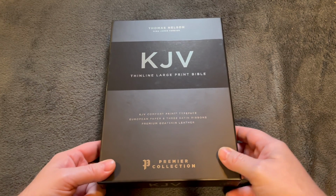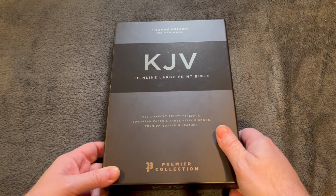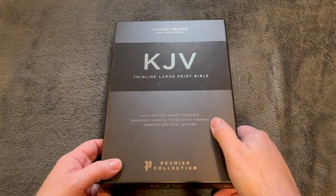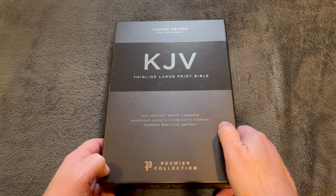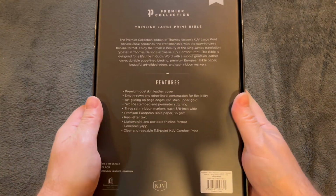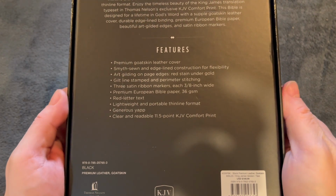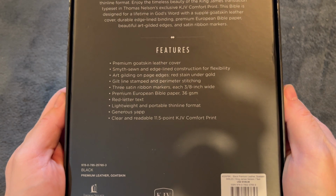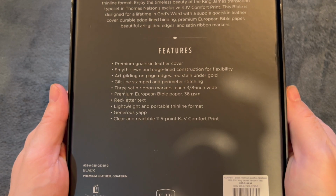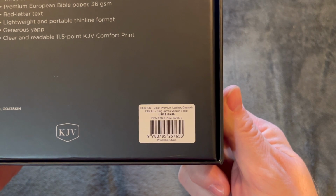It comes in this really nice two-piece box, the KJV Thinline Large Print Bible. It's got the Comfort Print typeface, European paper, 3 satin ribbons, and it's the premium goatskin leather, and premium is an understatement. Let's have a look at the features. If you want to, pause and check out all of those features. It is red letter, clear and readable 11.5 KJV Comfort Print, and then here is the ISBN,